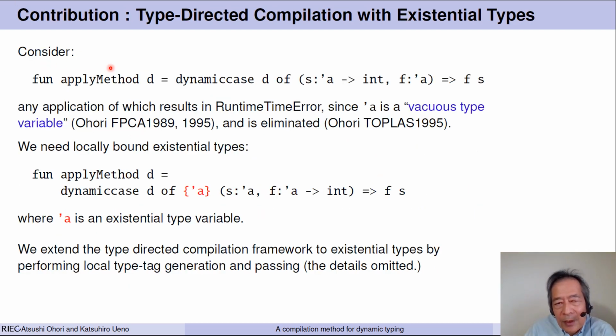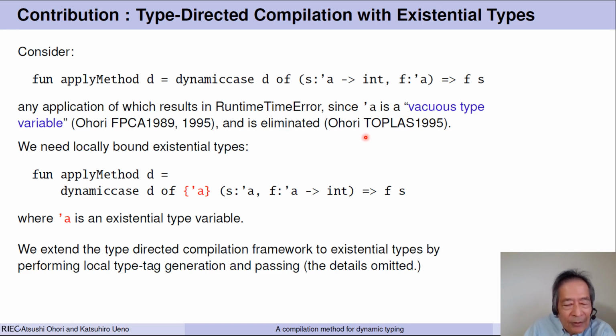There is one more step needed to make the proposal more practical. Consider this function, which takes a dynamic value and does case analysis, and if this dynamic value is a pair of this function and this value, alpha, then apply this function to the value. Any application of this results in a runtime type error because alpha, this one, is a vacuous type variable and is